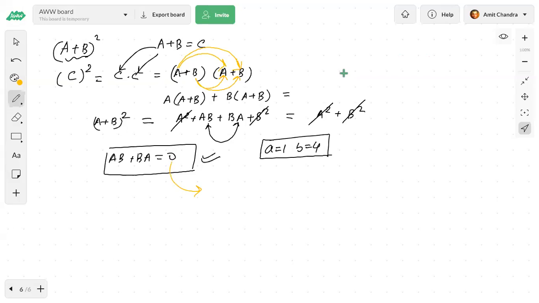What is this 0? This is a null matrix. This 0 is not algebraic 0. This 0 means a null matrix. A plus B and B plus A, these are matrices 2 cross 2. So this is a null matrix of 2 cross 2. So this will be 0 0 0 0, right? Null matrix of 2 cross 2. Understood? Did you understand now? Yes.